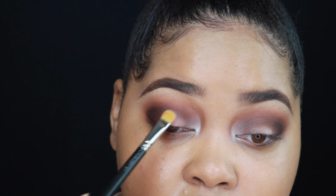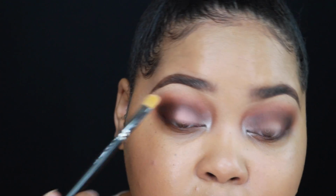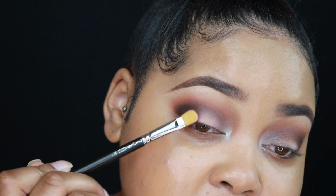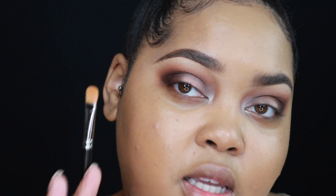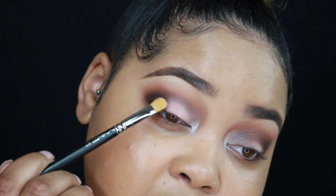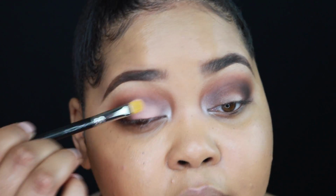So what I like to do is start off with a little bit of color and apply that, and then go back and build it. Where this color begins, I lightly pat on the edge of it. Not so much to the point where I'm covering up any of this color, but just to blend it together. Tap, tap, tap, tap, tap. Don't rub because it's going to make the powder go everywhere. But if you tap,